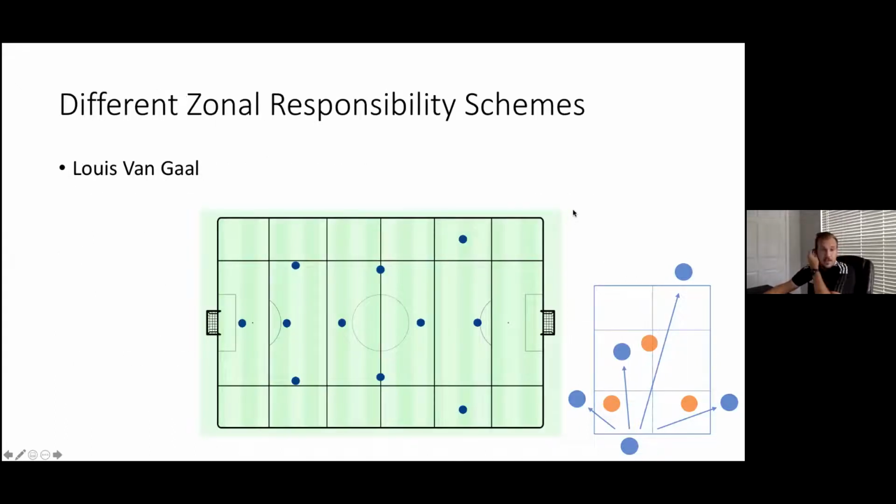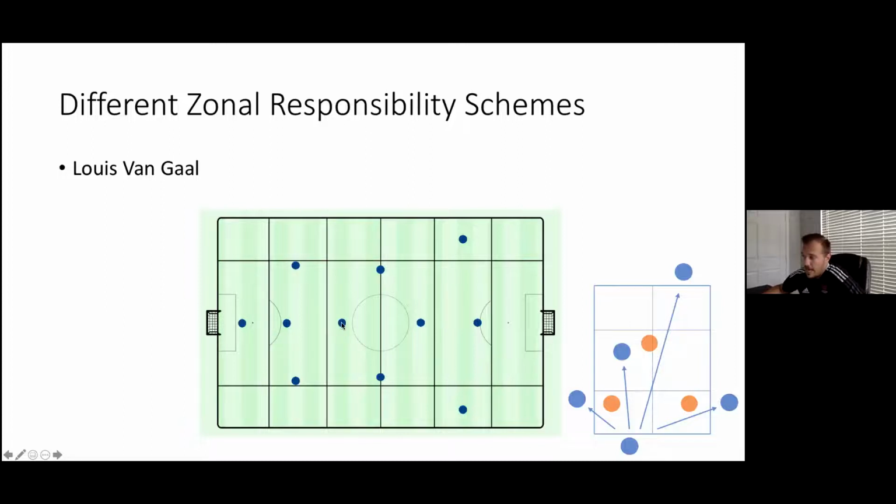So just getting into the last part of the presentation, a lot more pictures here, which I'm sure you guys will like, but different zonal responsibilities. Different coaches have different ways that they split up the field. Louis van Gaal, famously, had his way of splitting up the field where he made the center really wide and long, and he had the zones on the wings. He typically, in his 3-diamond-3, let's say with Ajax, would have obviously the diamond in the middle, the number 9 in the central zone, the wingers out on the wide zones, and the back 3 obviously in the middle.